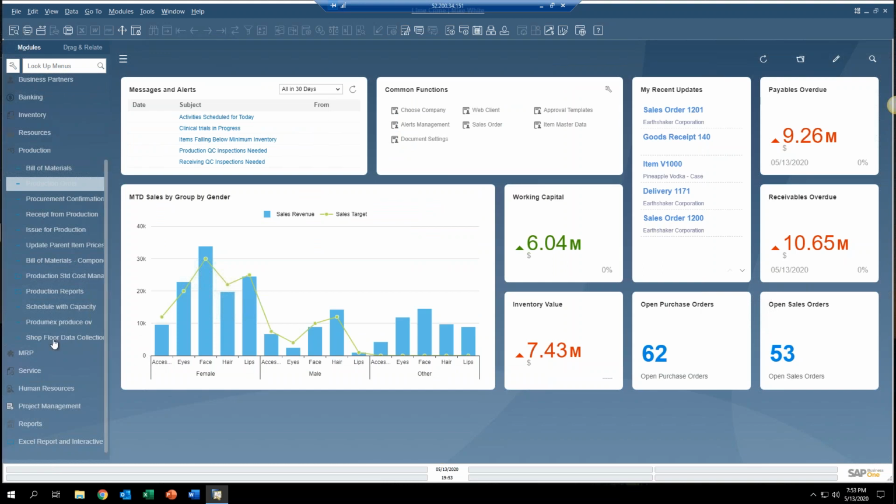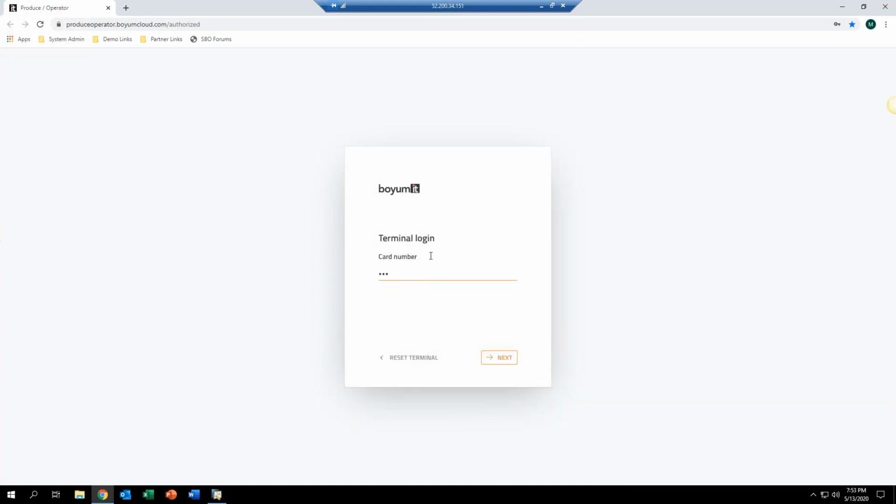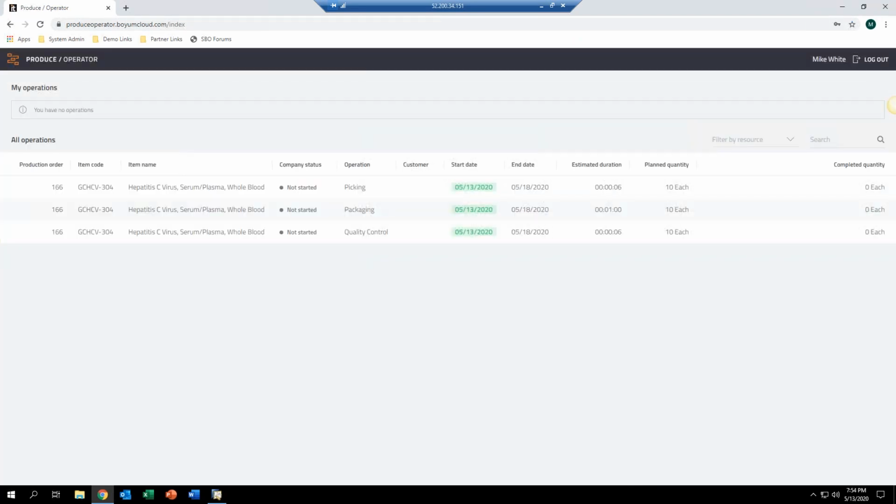Now what we're going to do is jump into the shop floor data collection. And again, this is called the Boyum Produce. And so I'm going to scan in my employee card here and select next. And when I do that, it gives me a list of all of the